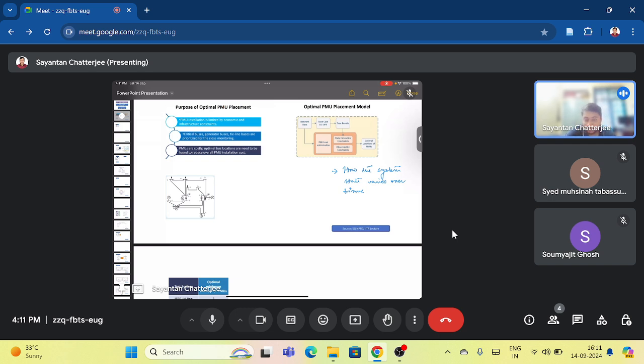For that, we need to have metering equipments all throughout the network, and based on these metering equipments, we can ensure that proper monitoring activity is being done all throughout the network. So as I've discussed, the RTUs, the feeder terminal units that we say on the distribution side,